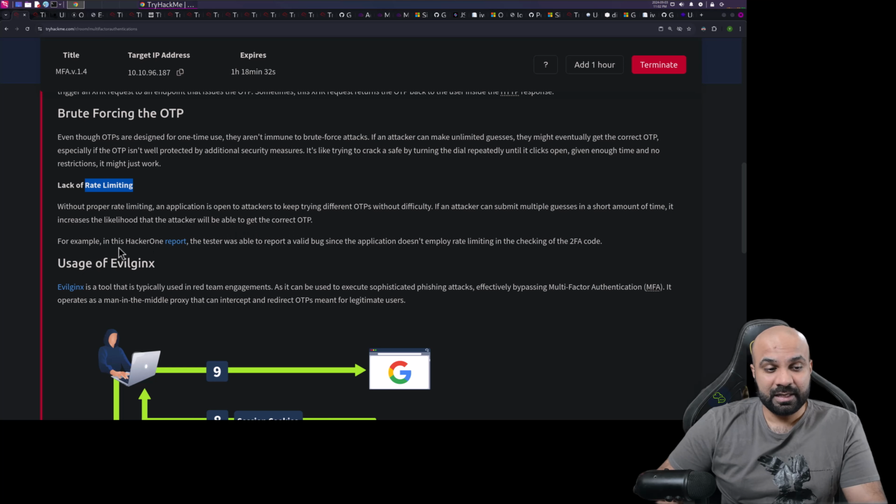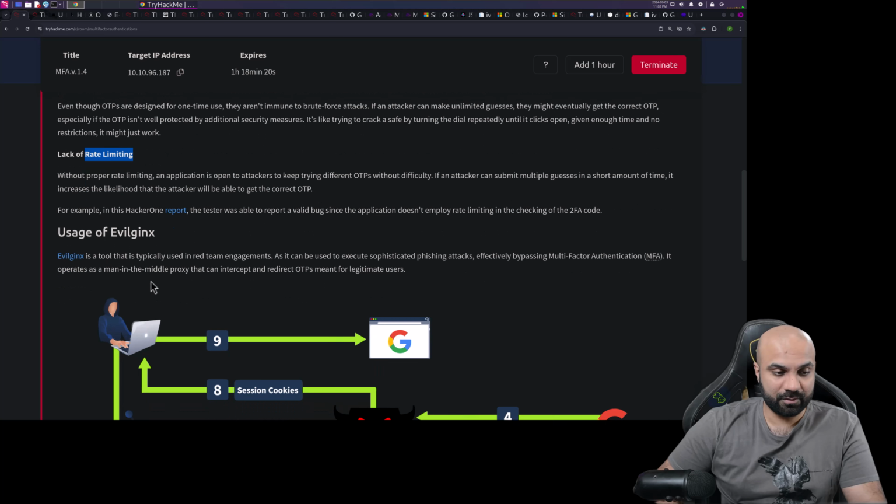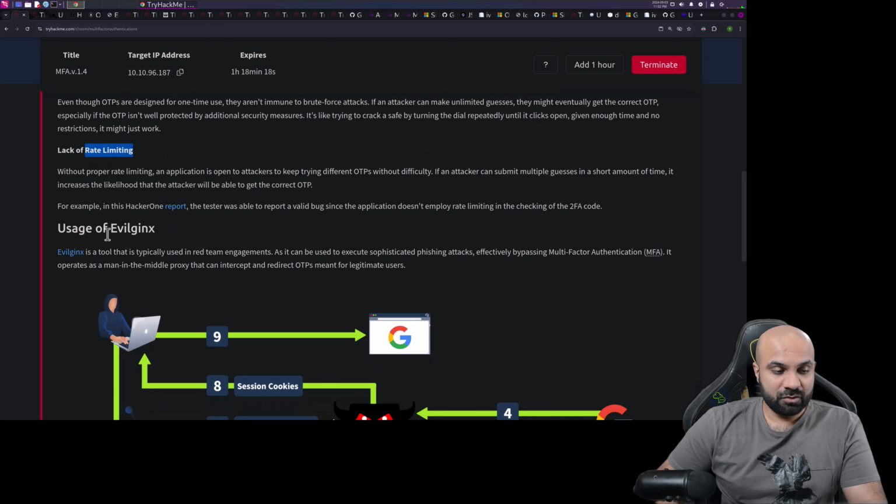For example, in this HackerOne report, I will show it later on, the tester was able to report a valid bug since the application does not employ rate limiting in the checking of the two-factor code. Okay, the usage of Evil Jinx. So Evil Jinx is a tool that is typically